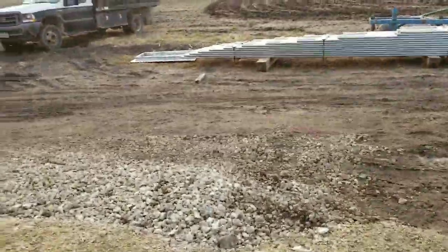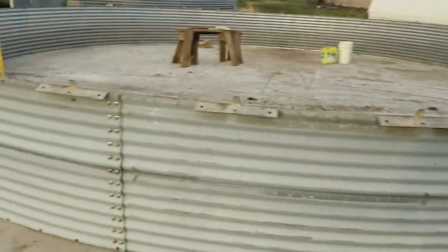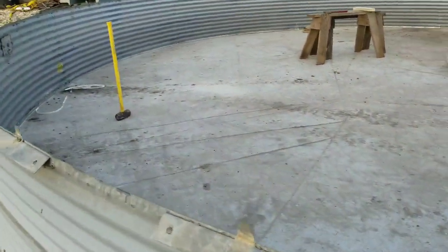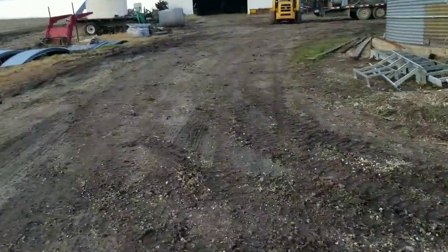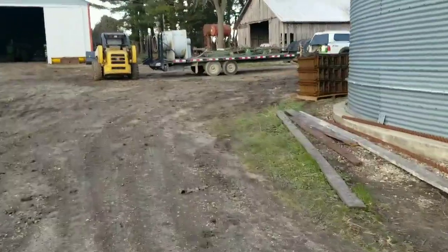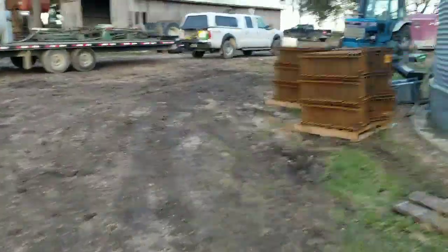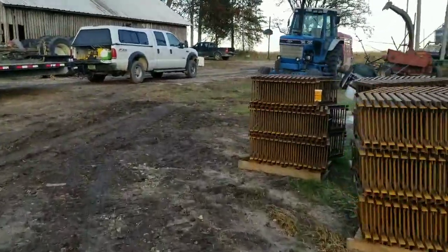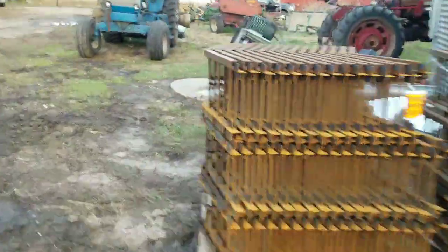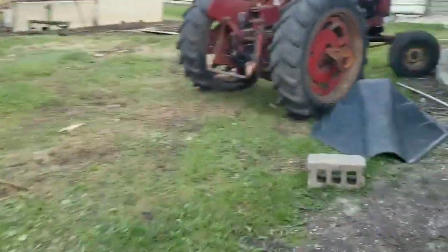I gotta go pick my unloads up. Pick the unloads up, so I gotta get my trailer emptied off yet. So I can go get the unloads. They're gonna be U-troughs with power sweeps. So if you don't know what a power sweep is,